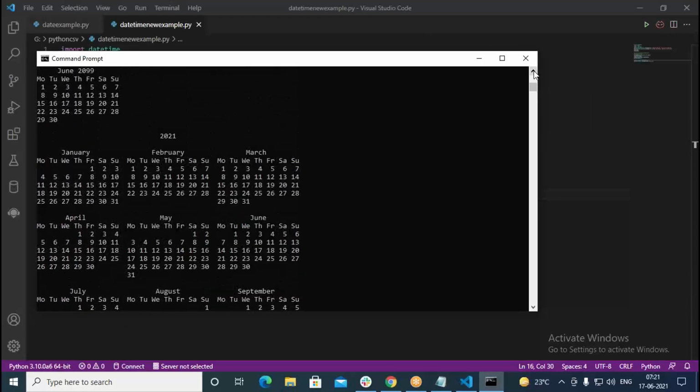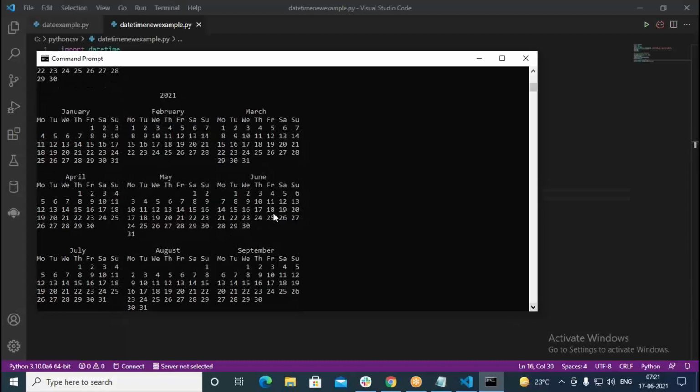Okay. So if you go, it's giving January, February, March, April, May, June. So it is actually printing 3 months in one row. In a row, how many do we have in total? 3 months it's going to be printing. Then after that, we have space between the columns. Between any two columns, how much space is it? One space I have given. Similarly, what is the space between two rows? Only one space I have given like this.